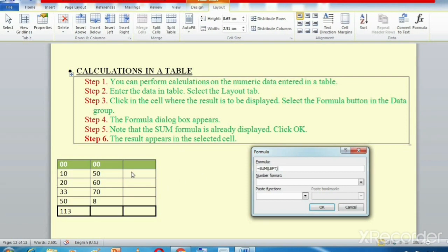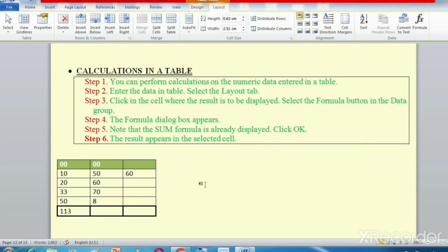I want the result of all the cells present to the left of this cell. I'll just click on OK, and see, this 60 has come. So for calculating the sum, we use the formula button which is present in the Layout tab.